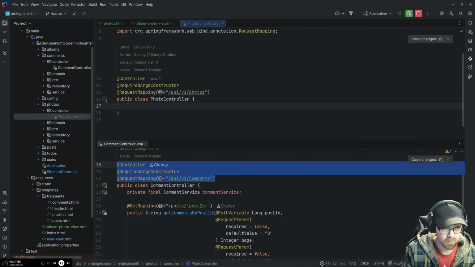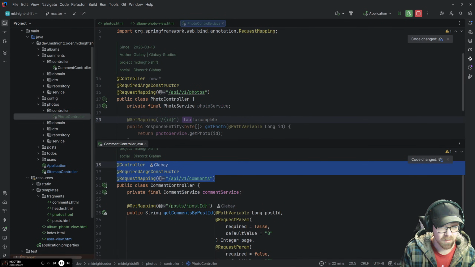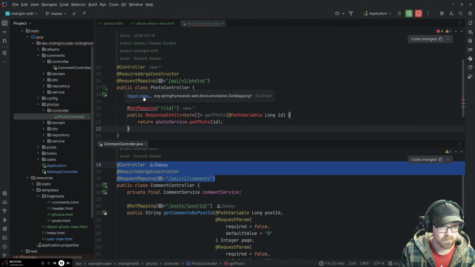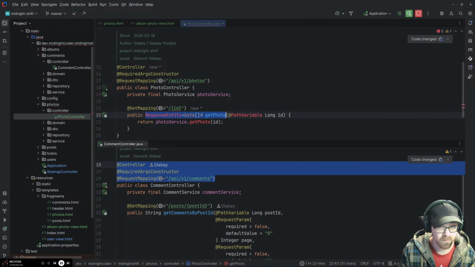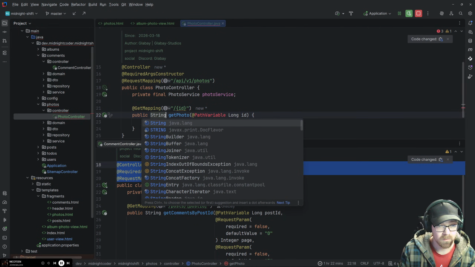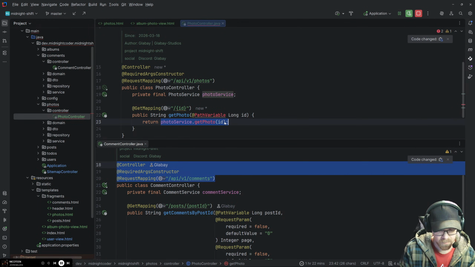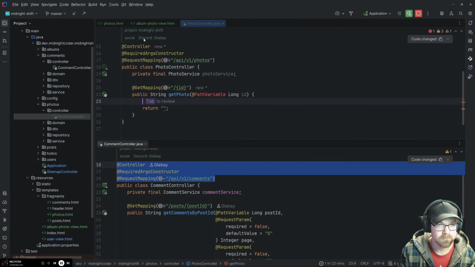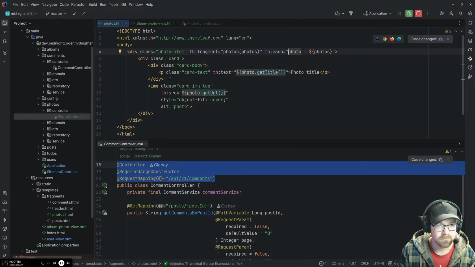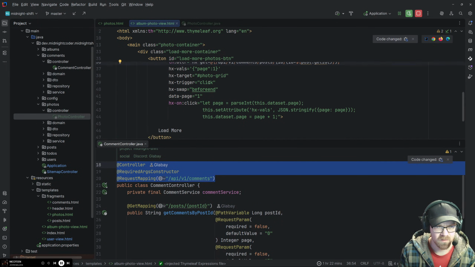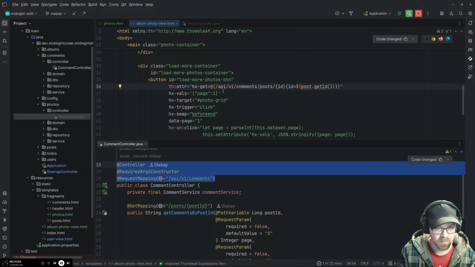This is going to have a private final photo service. We're going to make a get mapping of, sure enough, this is actually going to be that of a string. And we're going to do that for now. Okay, so load more is going to be the API v1.